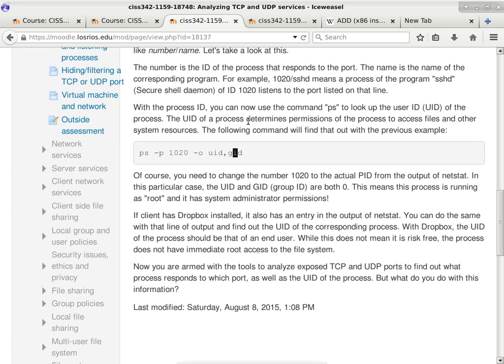I had Dropbox installed on my computer, and I did exactly this exercise, and I went, hey, what is this program? Why is it listening to a particular port number? Well, that's because, let's say you have two computers. I'll give you an example of why it needs to listen to a port.